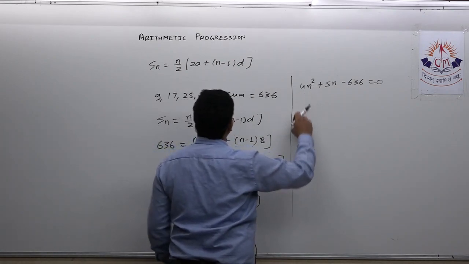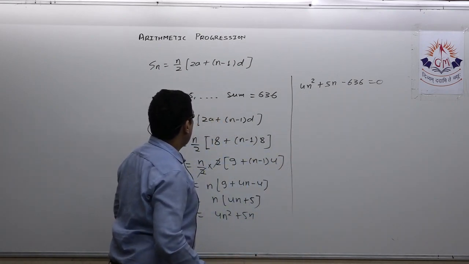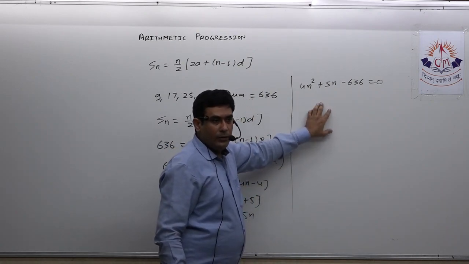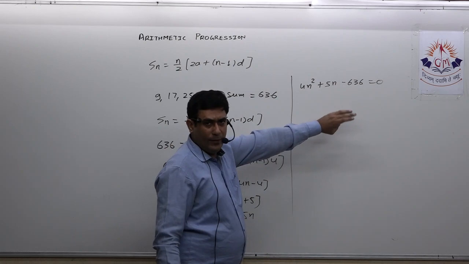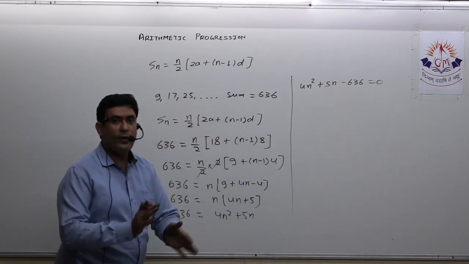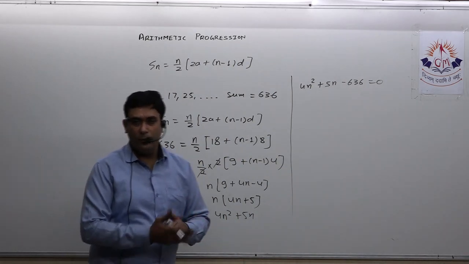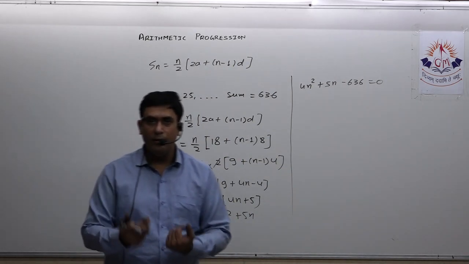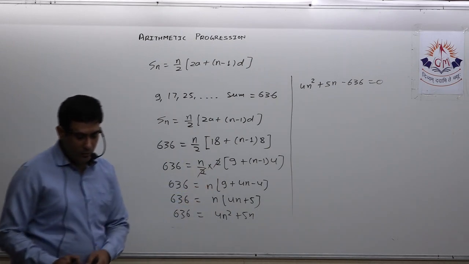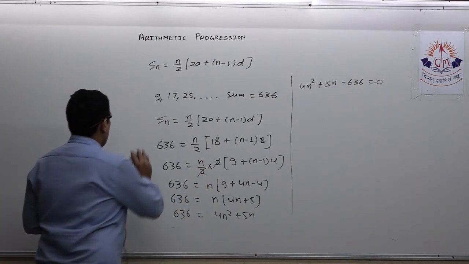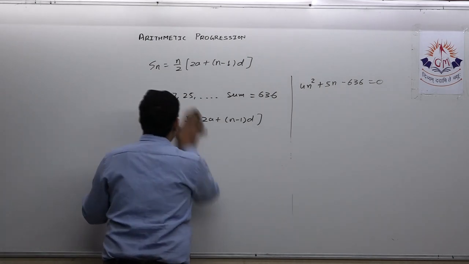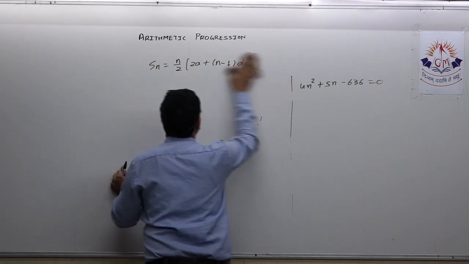Now it is quite possible that you will get two different values of n. Definitely one will be a natural number and the other might be negative, might be an integer. So you can neglect that, because we have to find n, that is the number of terms. It cannot be negative, and it cannot be in the p upon q form either. So by solving this you will get your answer. Now let us see the next type of question.